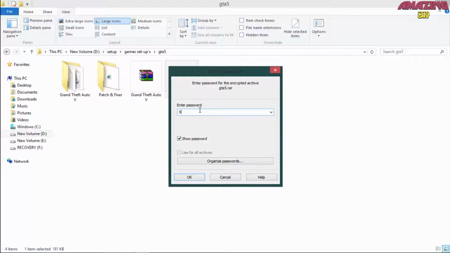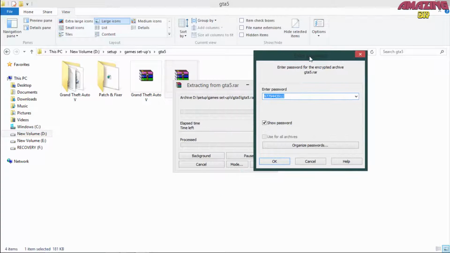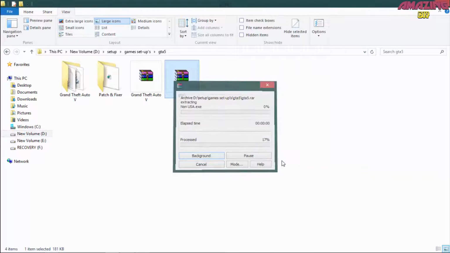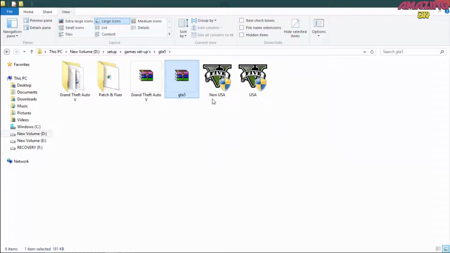The password is my mobile number, 977923911. This is the password of that cracked file, and OK that. Please don't forget this password, and OK on it, and it starts.